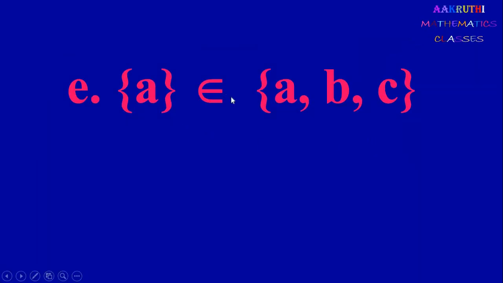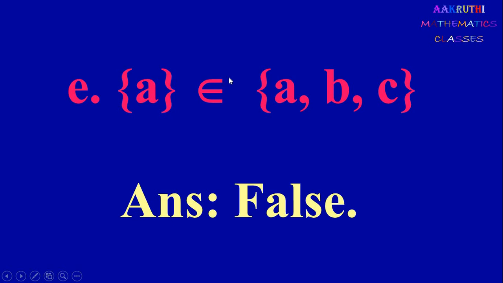So next one, set A belongs to set ABC. Now this is belongs to. We write A belongs to ABC only when it is an element. Now here set A is not present here. We have only one element. Here it is given set A. So there is a difference between set A and element A. This is set A. Set A is not present in this set. Only the element is present. So here writing set A belongs to set ABC, it is wrong. This is a wrong statement. So it should be set A is a subset of set ABC. But writing set A belongs to set ABC, it is wrong.